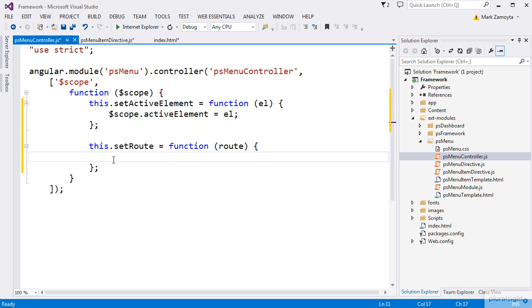So we can't use emit. We could use broadcast. That'll broadcast down from the $root scope. And we could also set up a service to handle this. The problem with the service is you would still need to implement some kind of pub sub publisher subscriber mechanism within the service. So I think the easiest thing to do here is to just use root scope, and we'll